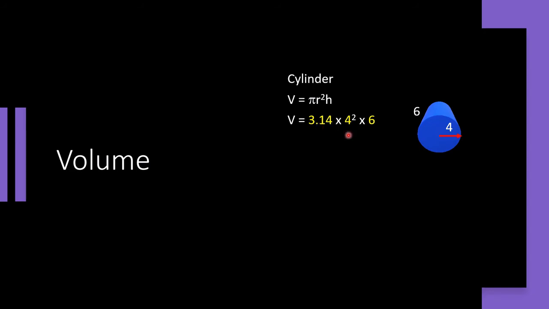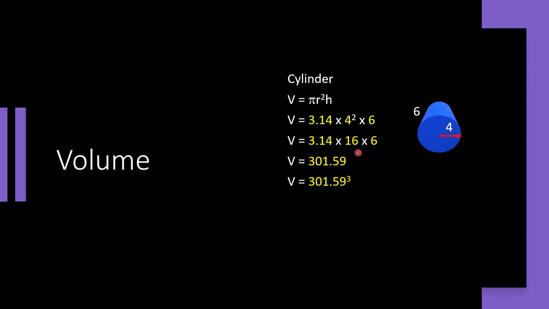Okay, so the next step, based on the order of operations, I'm going to go ahead and solve for this 4 squared, which is going to be equal to 16. Whoop, there it is. Very nice. So notice I did an extra step just to solve for this 4 squared. Next I'm going to multiply pi, which is 3.14, times 16 times 6, which is going to be equal to 301.59, and therefore the volume for my cylinder is going to be equal to